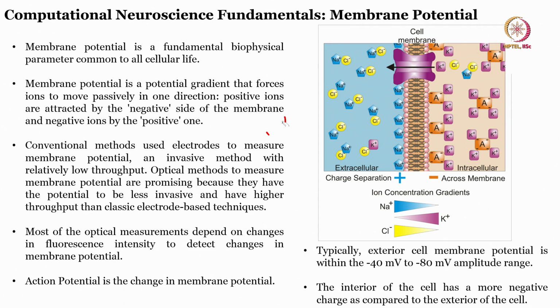Now, in this case, to measure membrane potential, people use different electrodes. Fundamentally you just take a tetrode, which is a fusion of 4 different electrodes. If I draw it like this, it will be 4 tips, and all of these are fused together. These are called tetrodes, and they are used to measure the action potentials or the biophysical parameters.